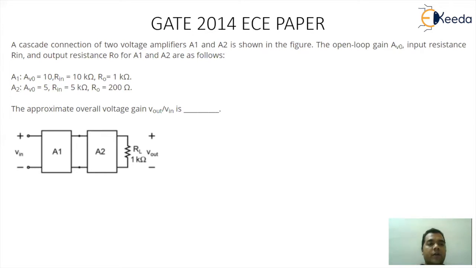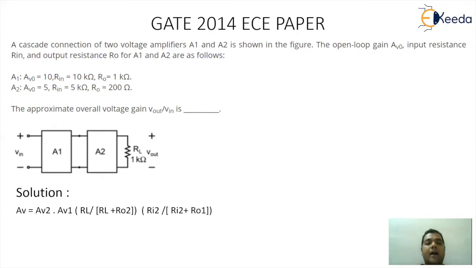A_V0 is 5, R_in is 5 kilo ohm, and R_O is 200 ohm. So we are supposed to find the approximate voltage gain V_out by V_in. So when we talk about the values given, the amplifier is given with the internal parameters, that is input resistance and output resistance. So whenever we go for the gain calculation, the value of A_V will be A_V2 into A_V1